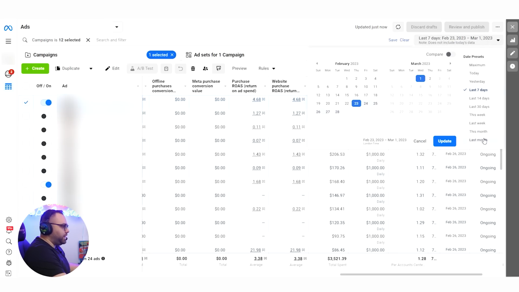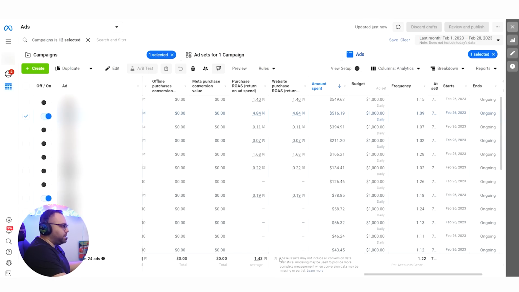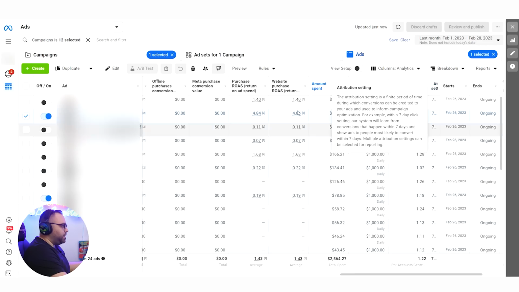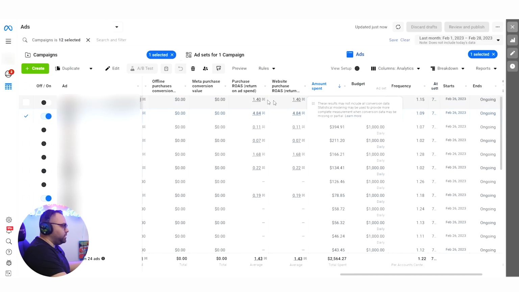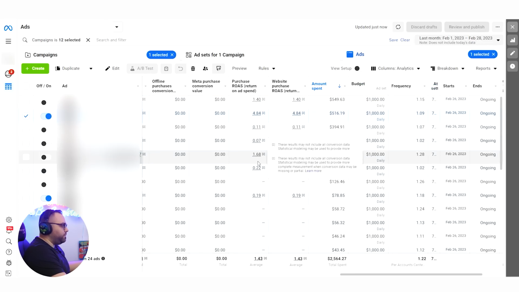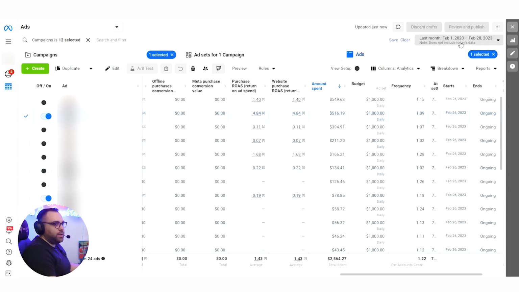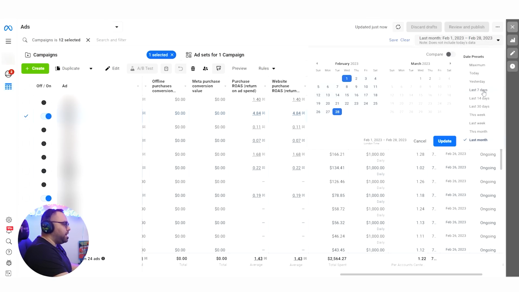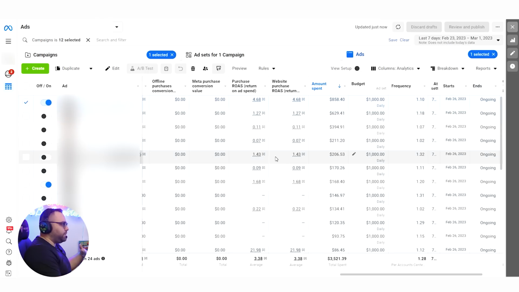Because if you see, for example, the last month, it had 1.43. And it had some ads here, so this was my leading ad which didn't do well. Others, this is happening in e-commerce stores that have different average order values, and people can buy something small or something big. And here in the last 7 days, you can see that I managed to cut the big spenders. I'm leaving the good one here.